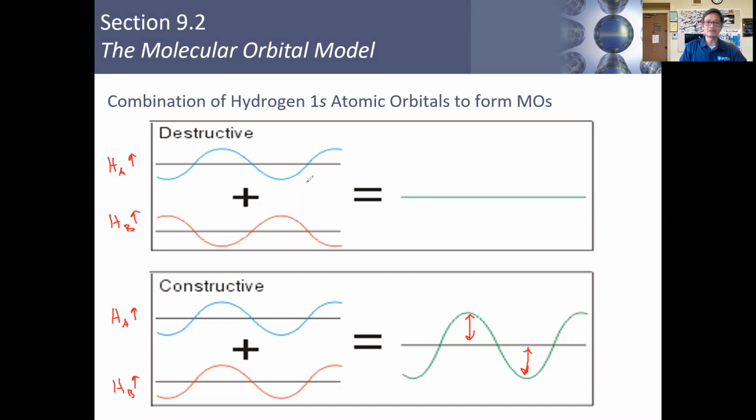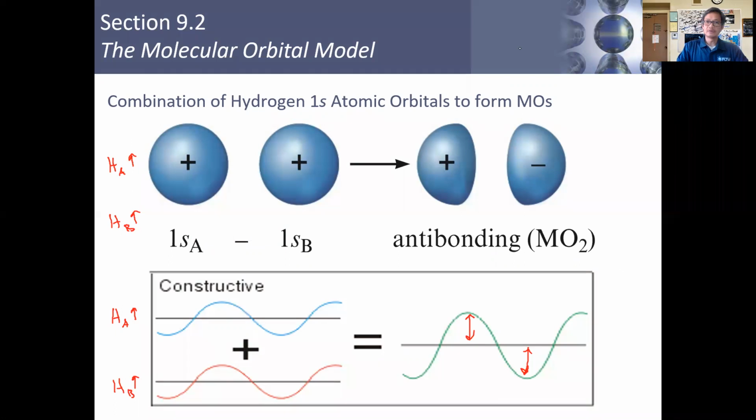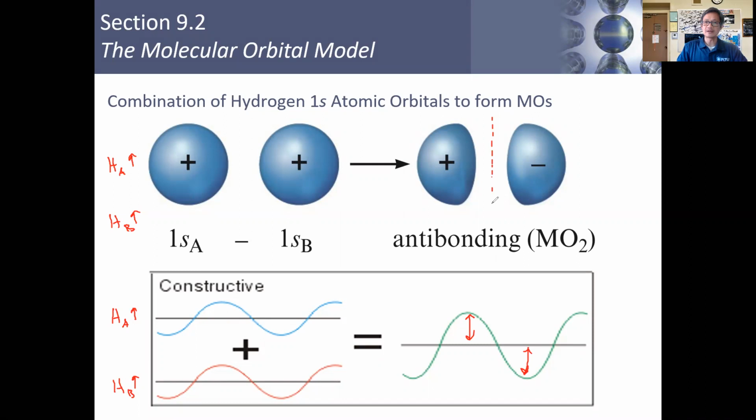And when they get together and interact with each other destructively, what you notice is that the standing waves that represent each one of these electrons are 180 degrees out of phase here and here, and therefore you get no amplitude. You get a cancellation of amplitude. Let me go back to the initial picture, which means that in between the two atoms, you have nothing. They completely cancel out with one another,